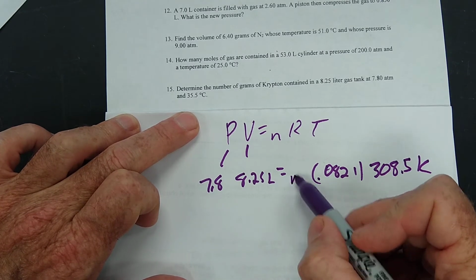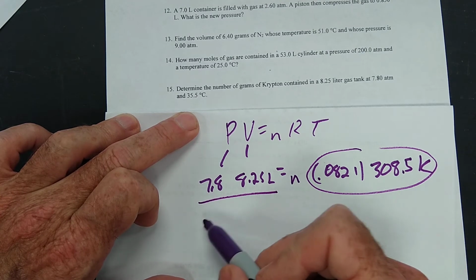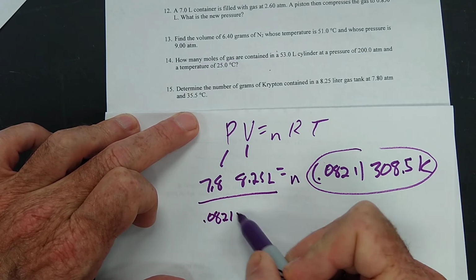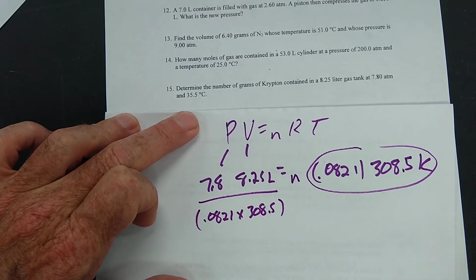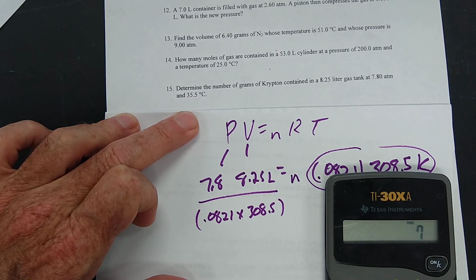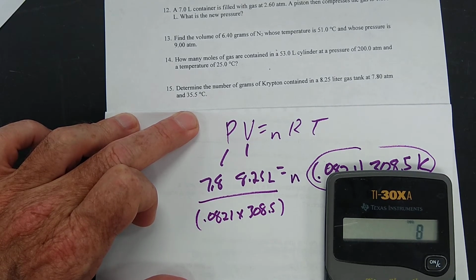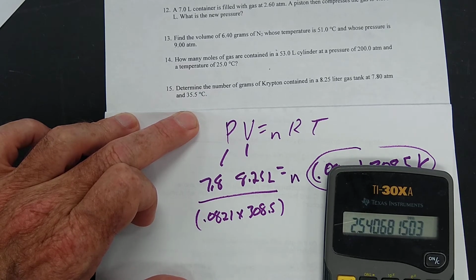And we've got to figure out how many moles we have first. So we're going to take these and put them on the bottom, 0.0821 times 308.5. We'll calculate this: 7.8 times 8.25 divided by parentheses 0.0821 times 308.5, close the parentheses, equals